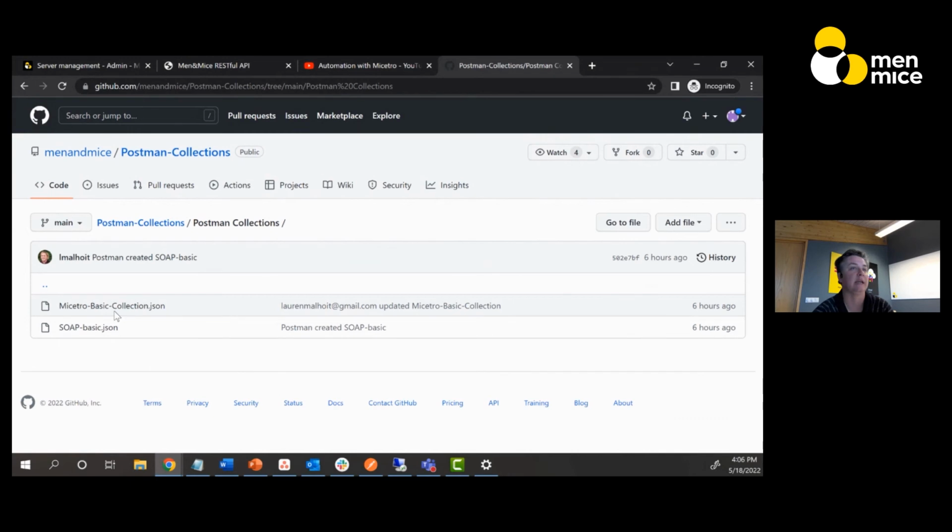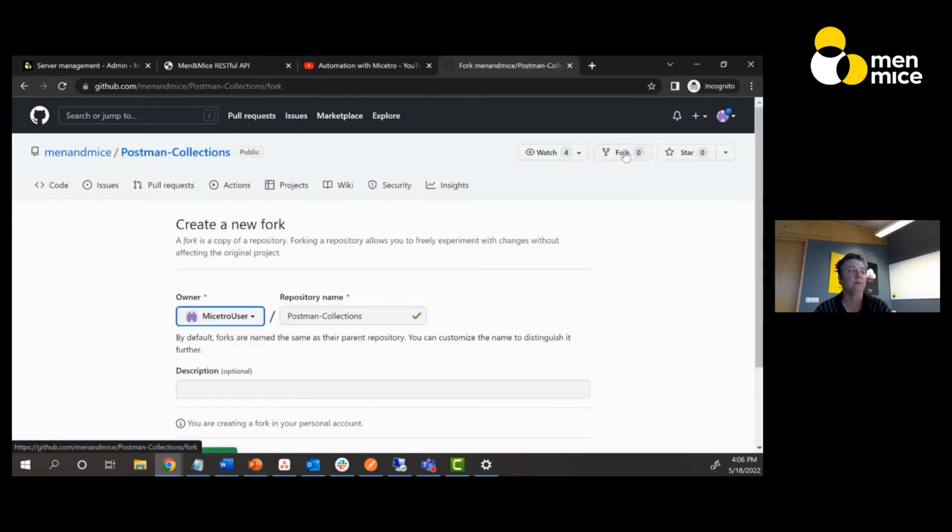So now you can either create a fork, or a copy, if you will, and fork this over to your own username, to your own GitHub account, and there you can make additions or modifications. You can even create a pull request if you want to add to my repository here, or you can very easily